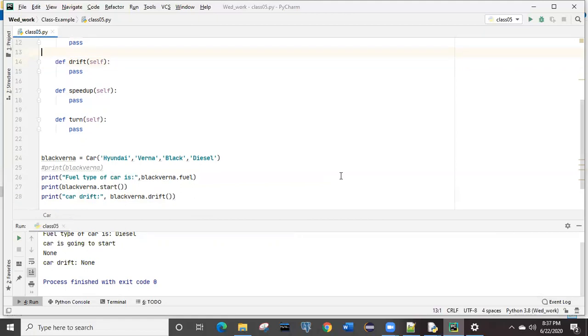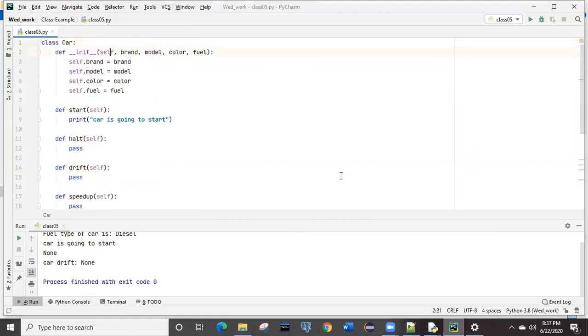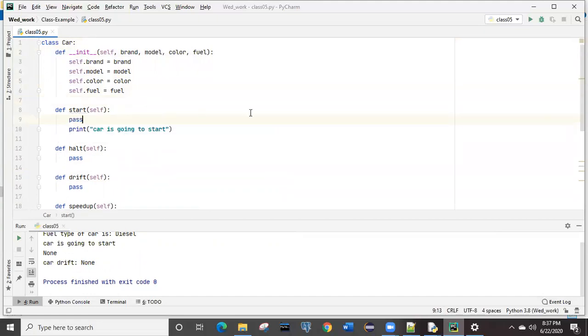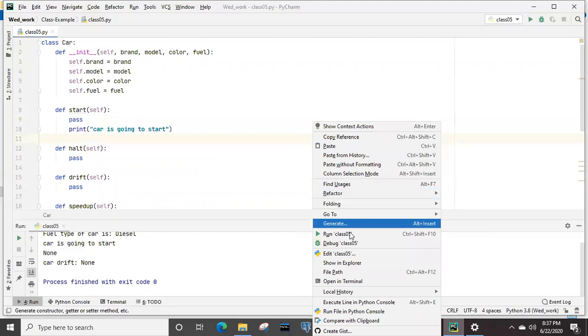But why is this None coming? And one more thing, what will happen if I write pass over here? This is the main intention of this example. Focus over here: before printing itself, I have written the pass.